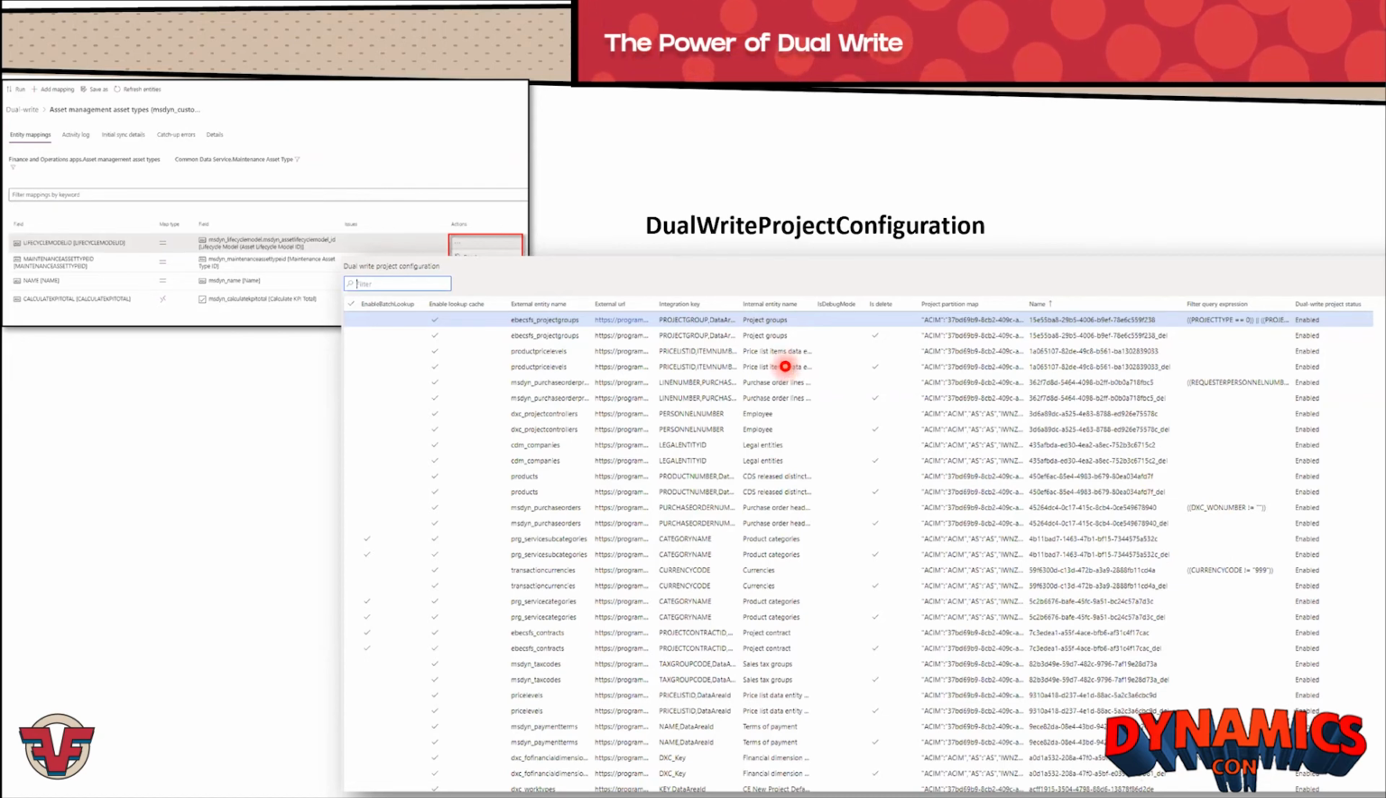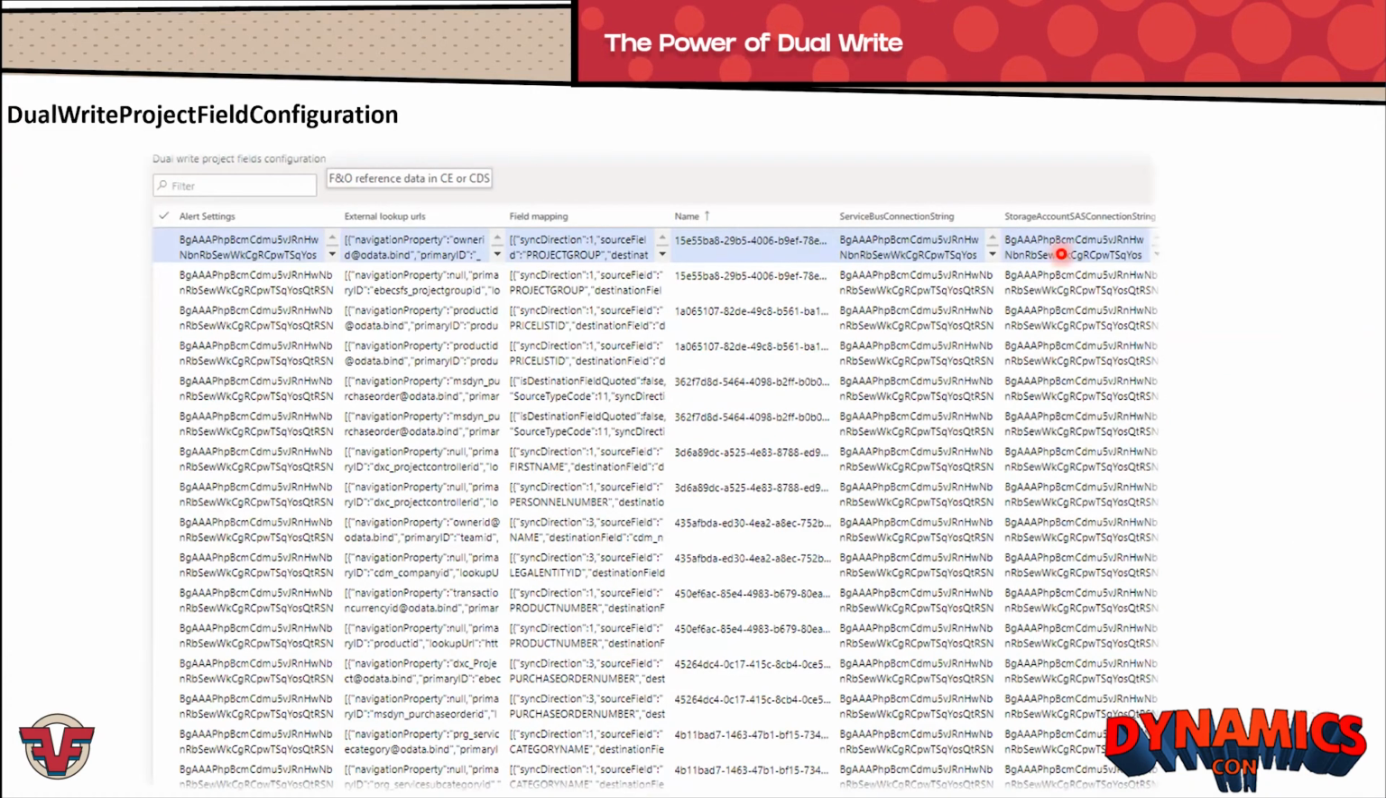When you start running the job for the first time, you have your entity maps, but this table will be empty. The moment you start running the job here, it creates an entry in the DualWriteProjectConfiguration table. Not only this table, there is another table called DualWriteProjectFieldConfiguration. I really like this table personally. The reason is that I can choose all my field mappings here and external field lookups here. I can play around with all the field mappings. I can verify whether my data looks right or not. I can copy this data